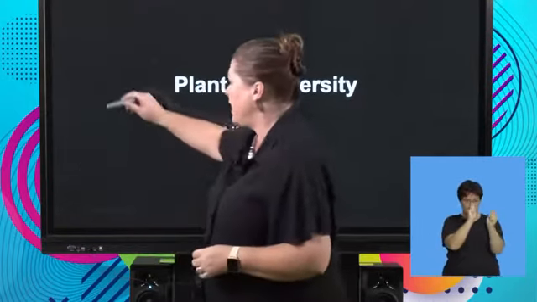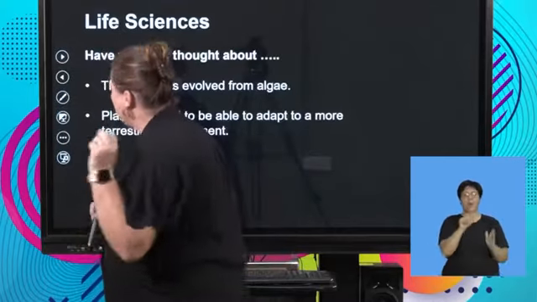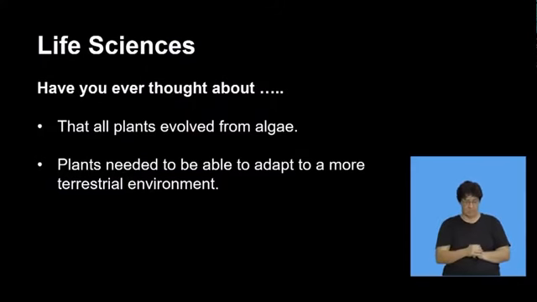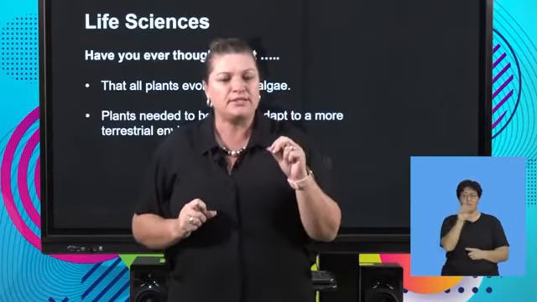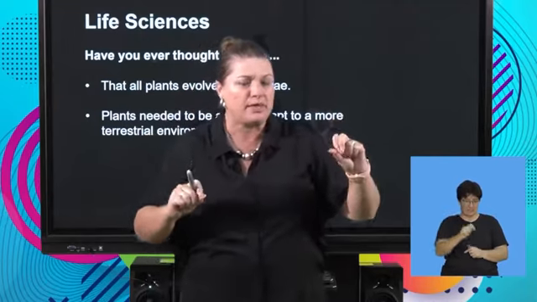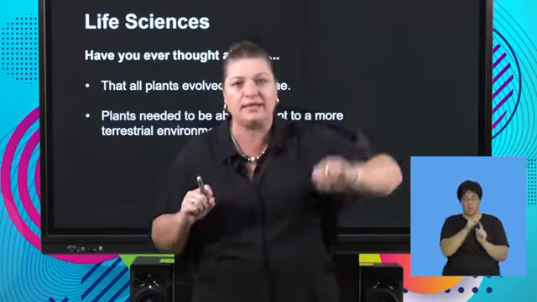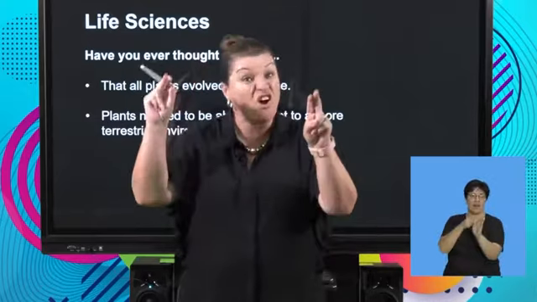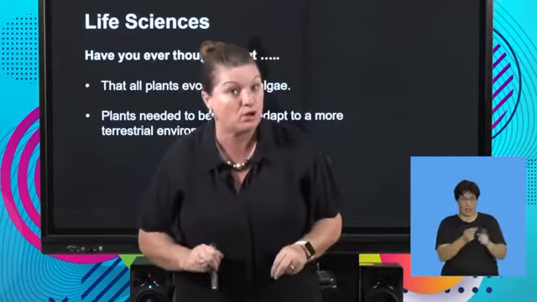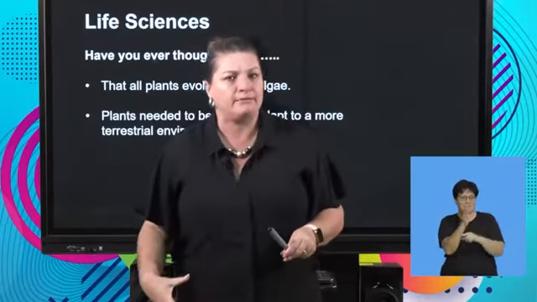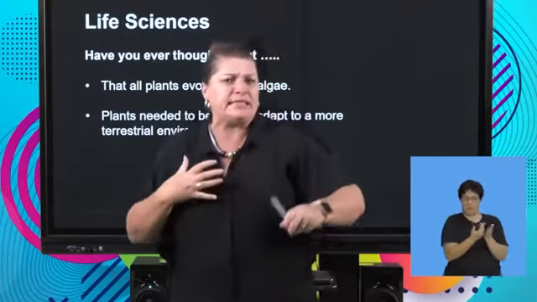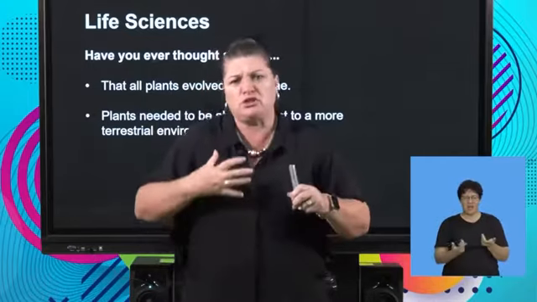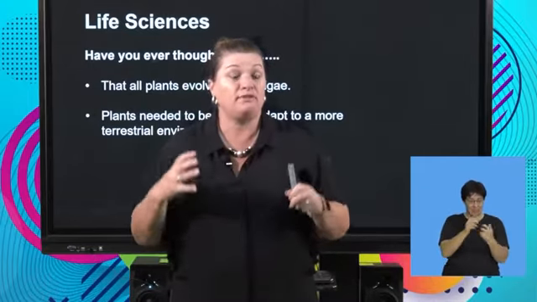Okay, so let's have a look at a few of our key concepts. The one question that I've put over here is that plants, you might have done the section on microorganisms where we looked at the kingdom called protists. And protists had two little branches to them. The one branch went to the animal kingdom and the other branch went to plant-like. And I use the word plant-like because they weren't plants. We called them algae. So what they could do was they could photosynthesize, but they didn't have the roots, the stems, the leaves, the kind of tissues and certain characteristics